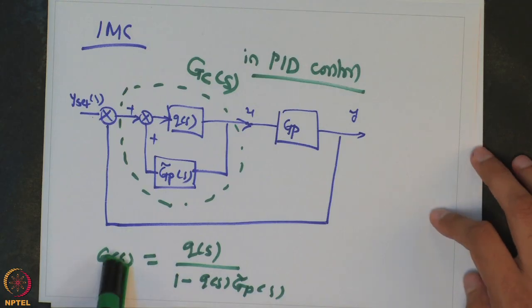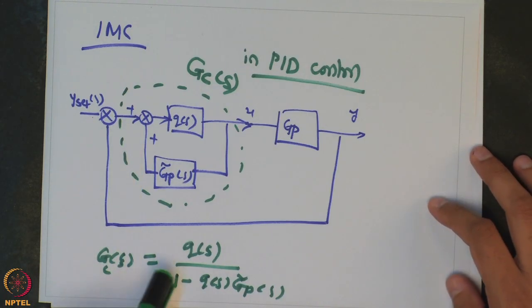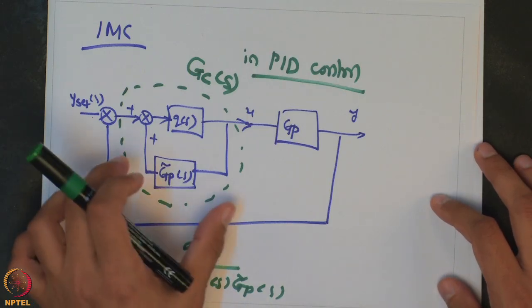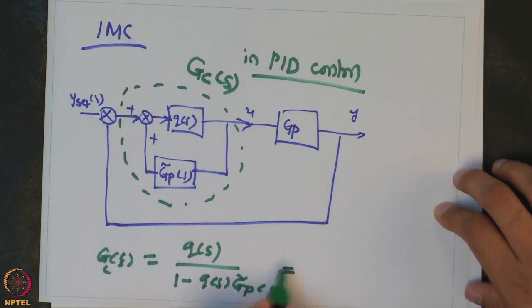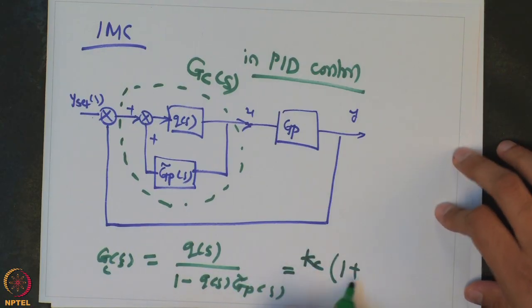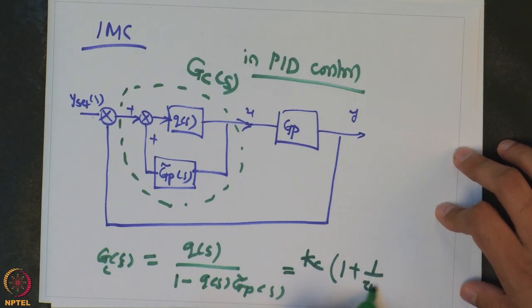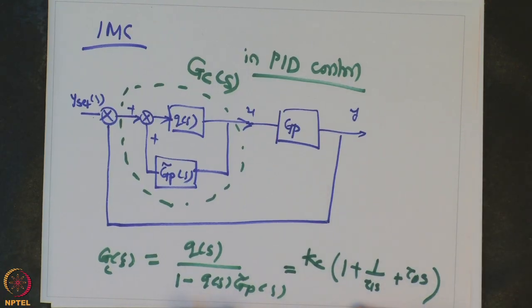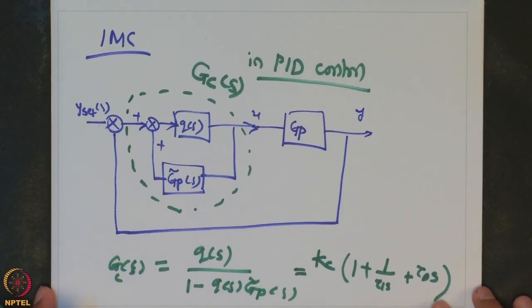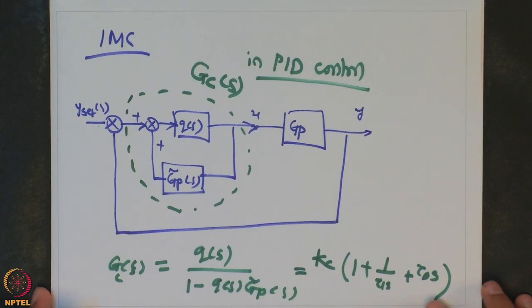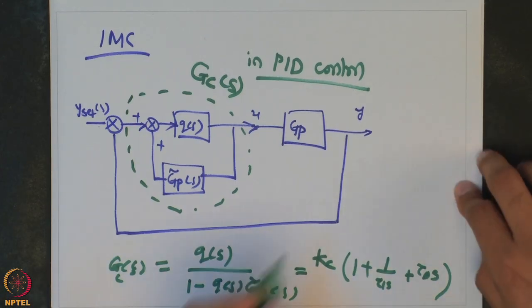So, for the IMC controller, this is Gc, and if I want this IMC controller to have the form of a PID controller, I can simply equate it to Kc times 1 plus 1 over tau I s plus tau d s. If I compare these two, you can get a realization of the IMC controller in terms of PID, and it will give you the values of Kc, tau I and tau d